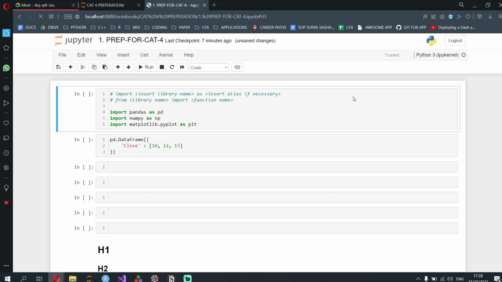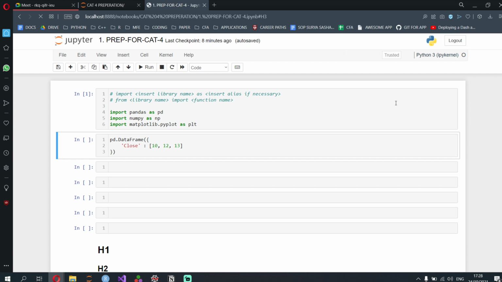Okay, I'm going to show you something on the top right next to trusted. It shows what kind of environment you're running, and next to it you see a small dot. If the dot is black, it means the code is running. If the dot is white, empty, it means the code has finished running, or an error has come up and it's not running code. You'll see it change as soon as I import the libraries. You saw that, right? So that is with respect to importing pandas.